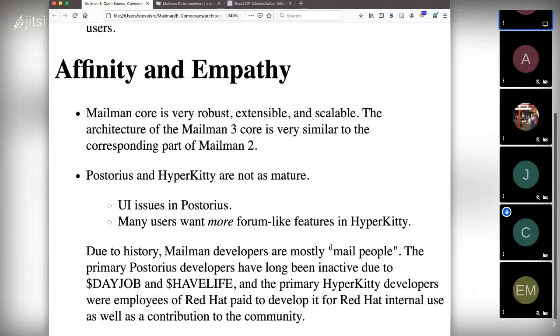The development of HyperKitty in particular went on for about 3 years, and I think there were a total of 3 developers, spending about half time on HyperKitty. And Red Hat is not a place that tends to muzzle the oxen that tread the corn either. So I expect that cost them quite a bit of money.